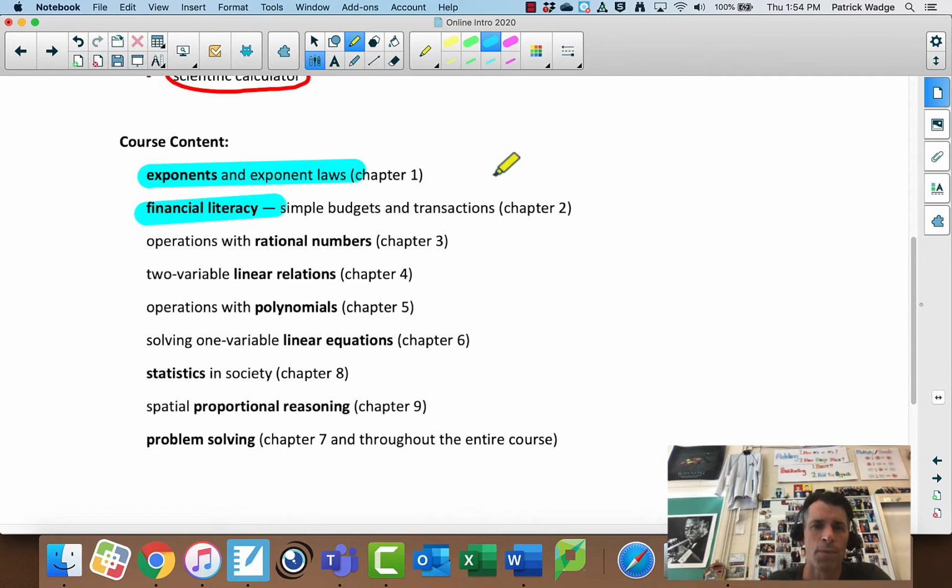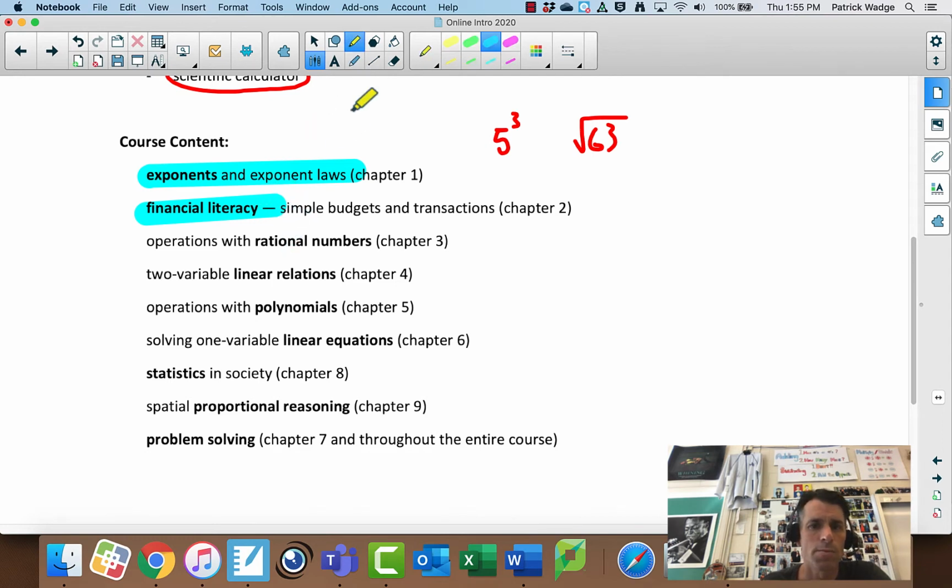We'll do that next. I should say with exponents, if you don't know what I'm talking about, things like 5 cubed, right? And also we'll be doing things like the square root of 63. A little bit of review, but definitely some different stuff that you didn't do last year as well. Financial literacy, we're going to be looking at money, simple interest, ways of getting paid, things like that.